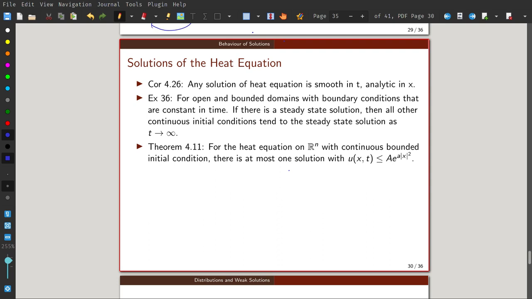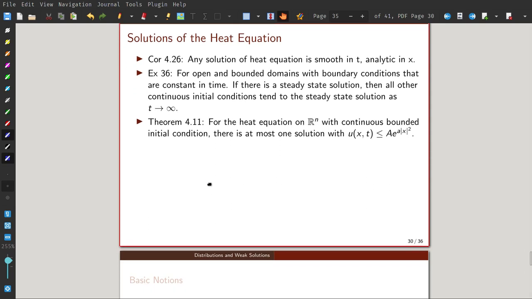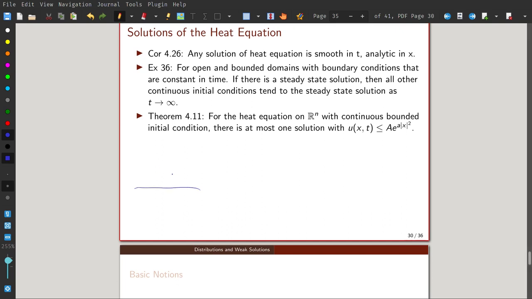So even just starting with continuous functions on the boundary, when you go forward in time a little bit, the solution is in fact a smooth function. So the heat equation has this smoothing property. One way to understand this is if your initial value h looks something like this,